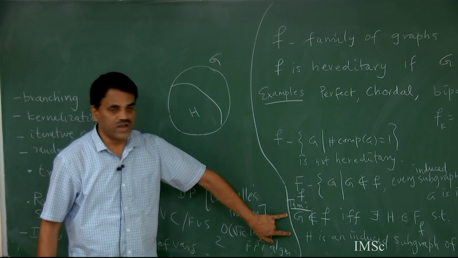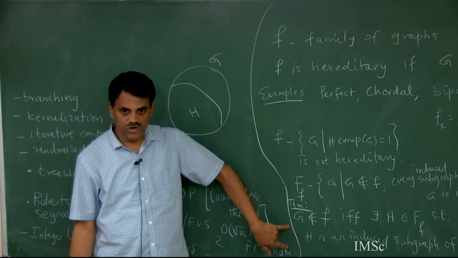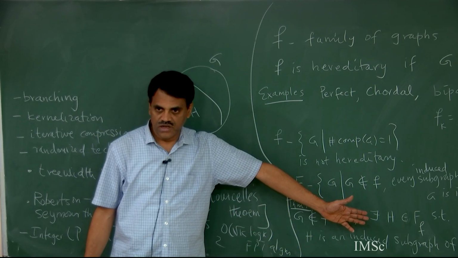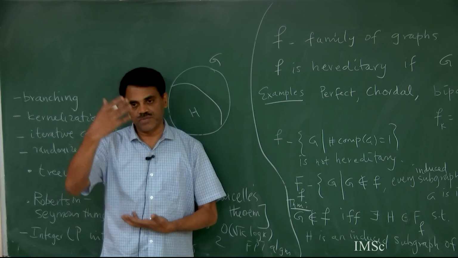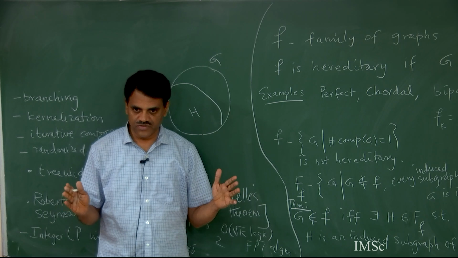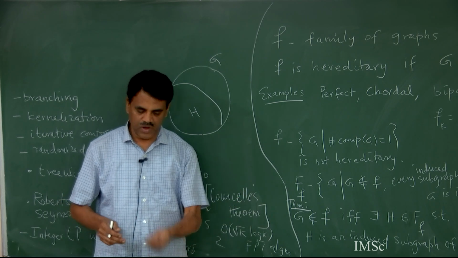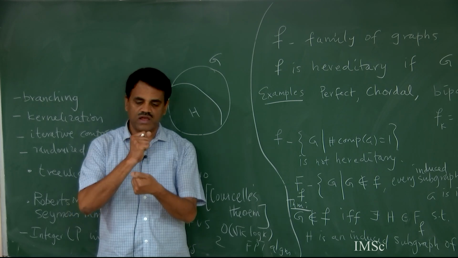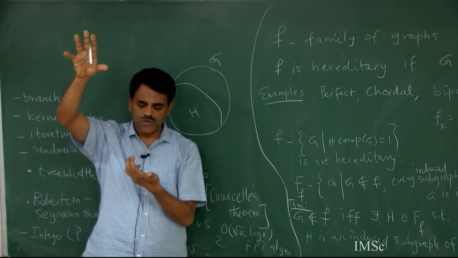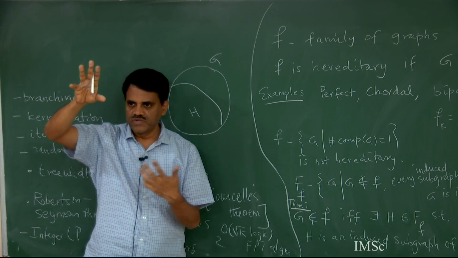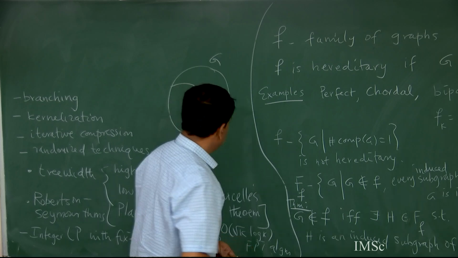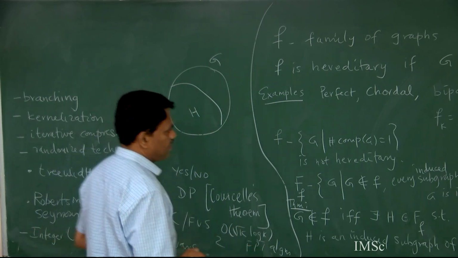What is the easy polynomial time algorithm? This theorem gives you a way to do it. What do I have to do? To test whether G is in F, all I have to do is check whether there is an H in the forbidden set which is an induced subgraph of G. Now, the forbidden set is finite. I go to the forbidden set, pick one graph and check, is this a subgraph of my original graph, right? How do I check it? Well, try all possible subsets of this size. The important thing is, when I say finite,